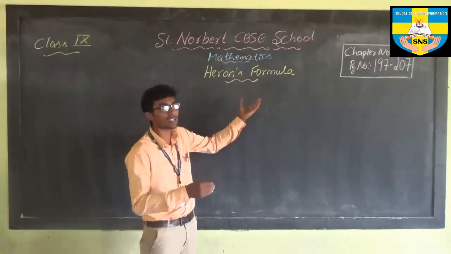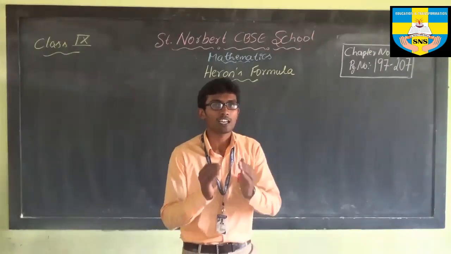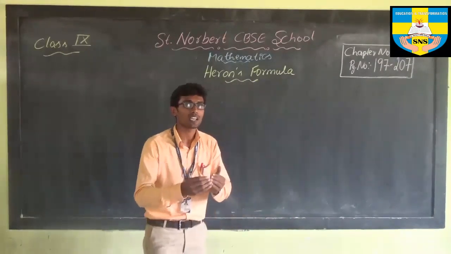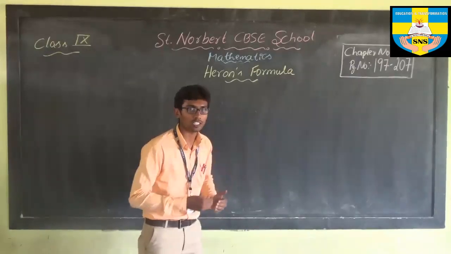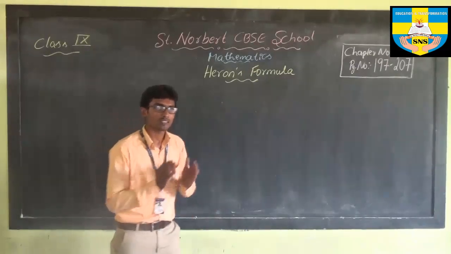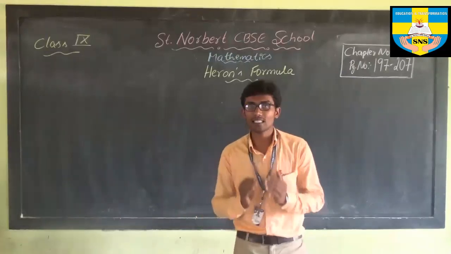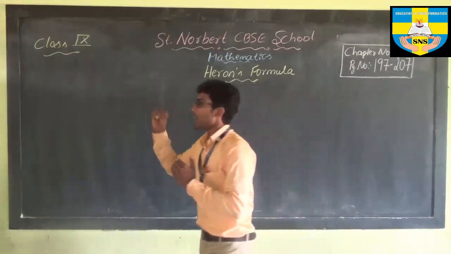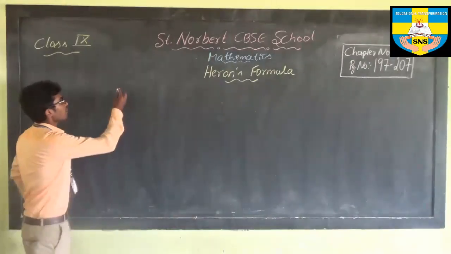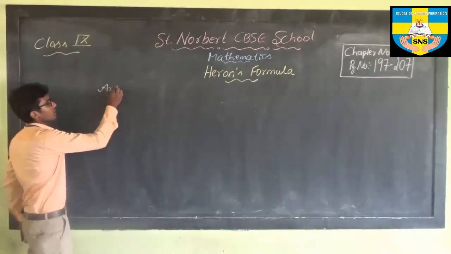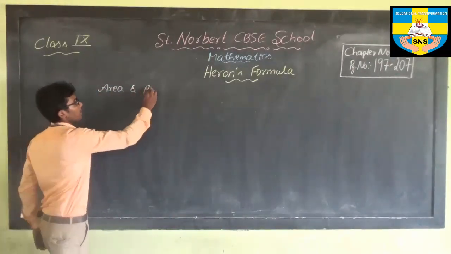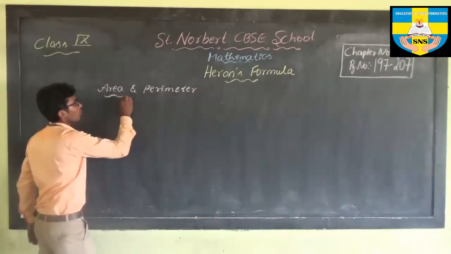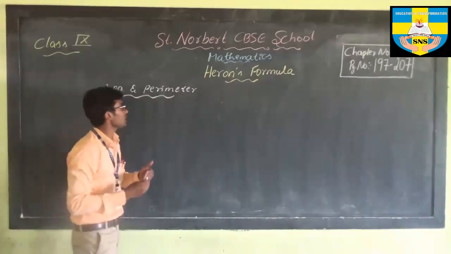Before going to start the 9th standard Heron's formula, we require some of the basic information of other chapters or other topics. Let me recall that, and I assure you this is one of the simple, easiest and scoring chapters for every one of you. Okay. Now, as a basic idea, we want to know the area and perimeter concept. What do you mean by area and what do you mean by perimeter, and what is the literal meaning of